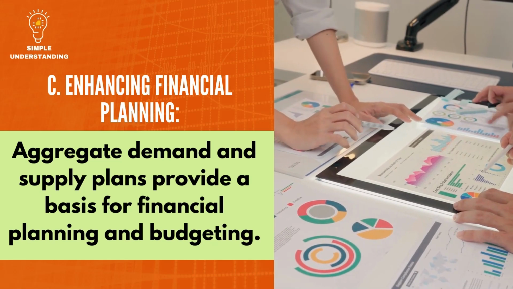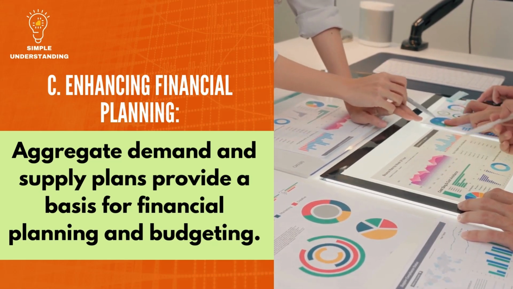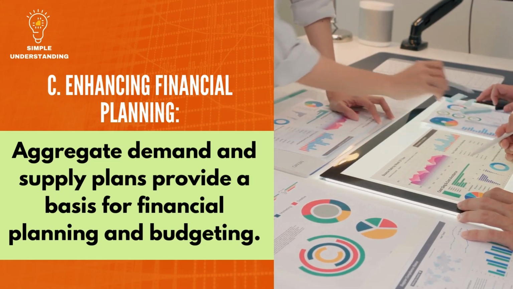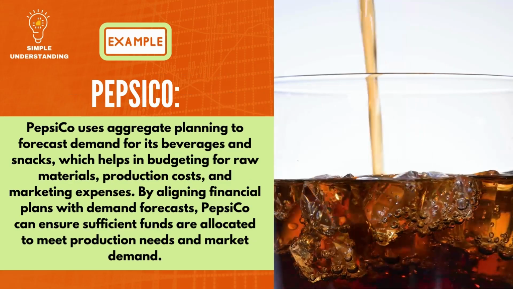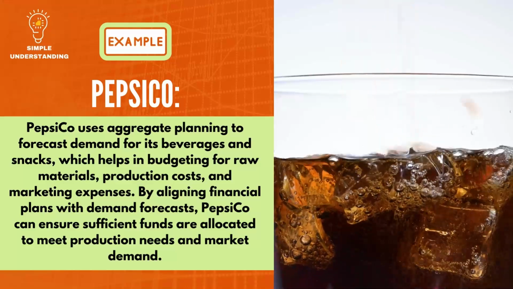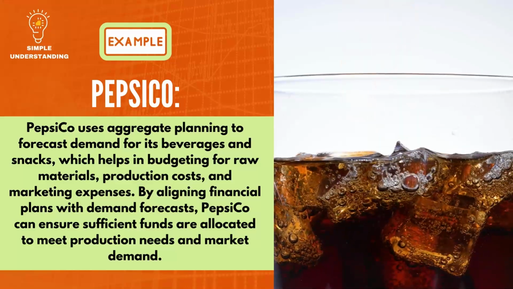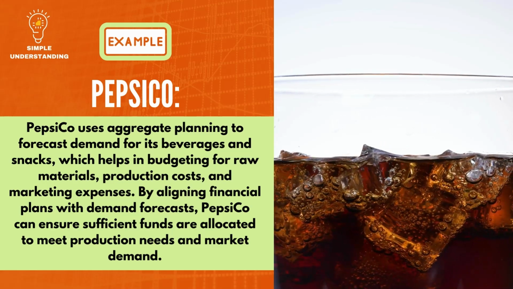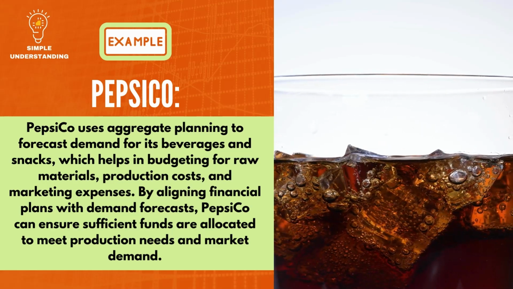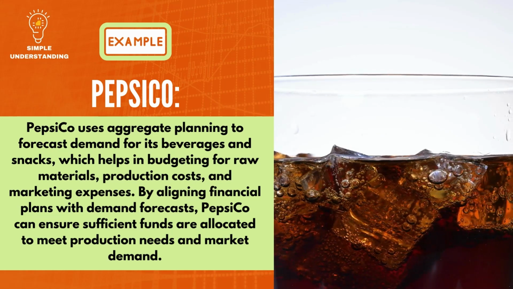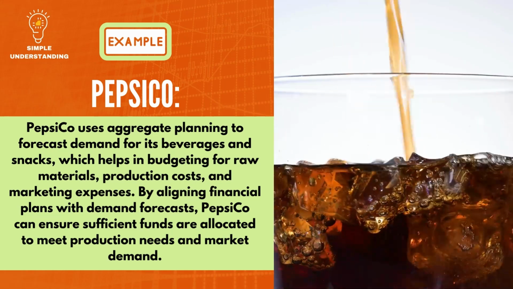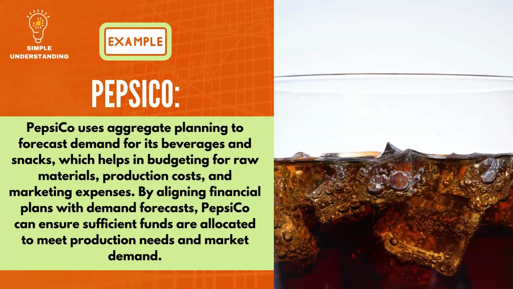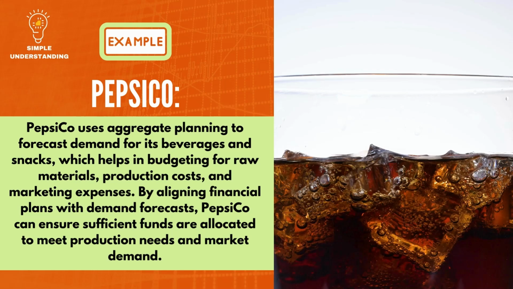C. Enhancing financial planning. Aggregate demand and supply plans provide a basis for financial planning and budgeting. Example: PepsiCo. PepsiCo uses aggregate planning to forecast demand for its beverages and snacks, which helps in budgeting for raw materials, production costs, and marketing expenses. By aligning financial plans with demand forecasts, PepsiCo can ensure sufficient funds are allocated to meet production needs and market